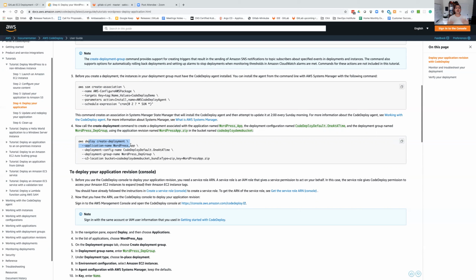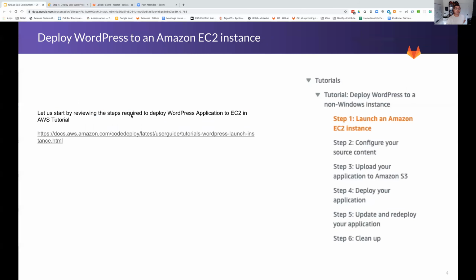How many running instances you may choose to have, like blue-green deployment or canary deployment, where multiple instances of the same application at some point can be running in parallel, right? And of course, here I am telling it, deploy for me the application you will find under this bucket with that application name. So bring everything together and deploy, right? So I wanted to review this with you so you have an idea on the steps required today in order to push an application using CodeDeploy